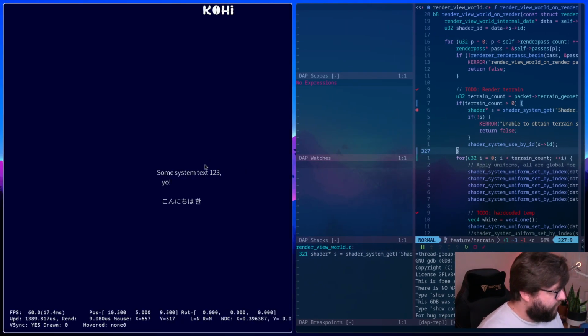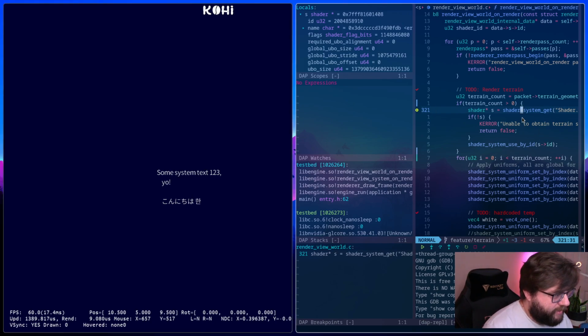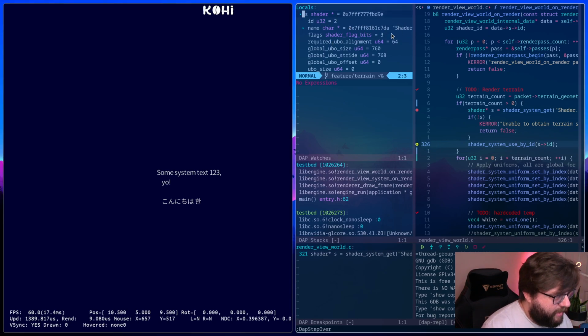So we'll load, then we'll hit our breakpoint. I'm just going to step over the shader system get this time and see. Yeah, see, now we actually do have a proper shader. So we have one with an ID, a name, all that stuff. Okay. All right, so we should be able to use that then.